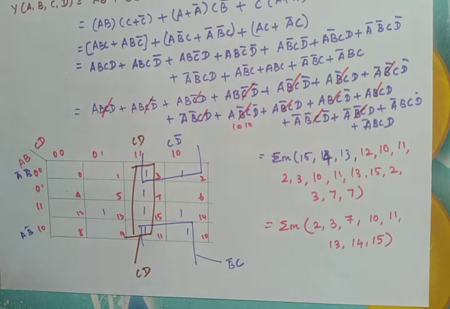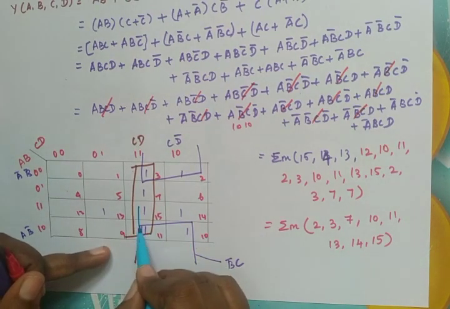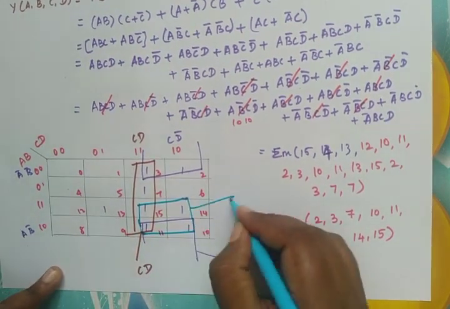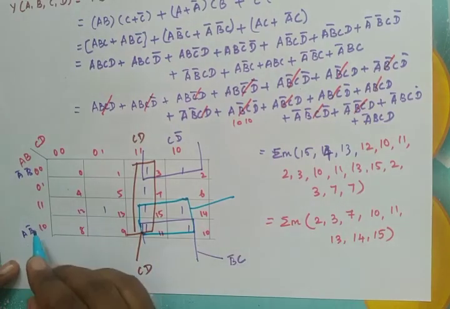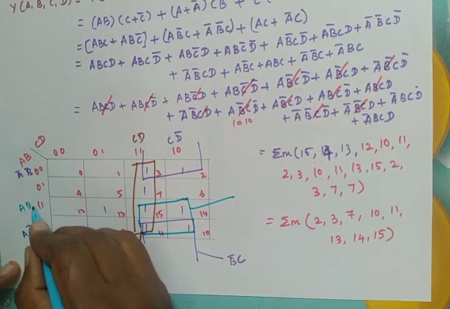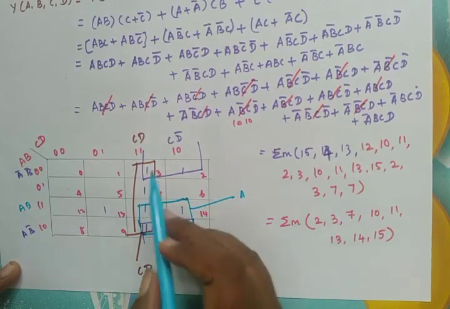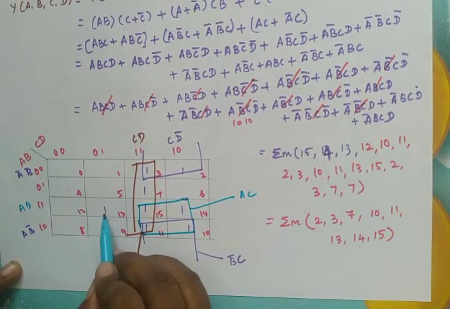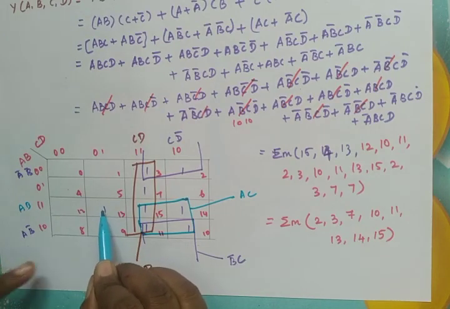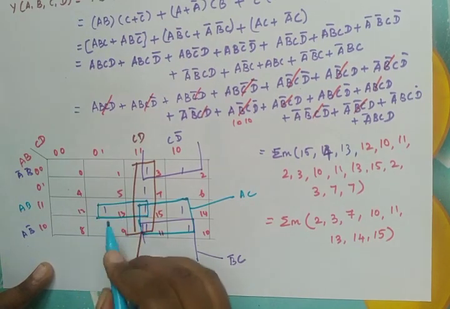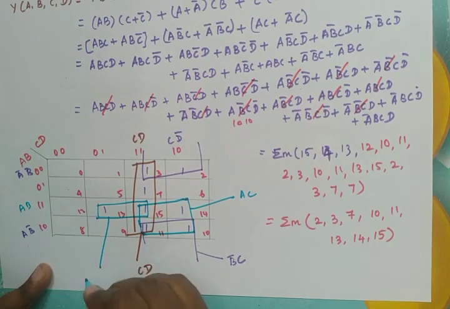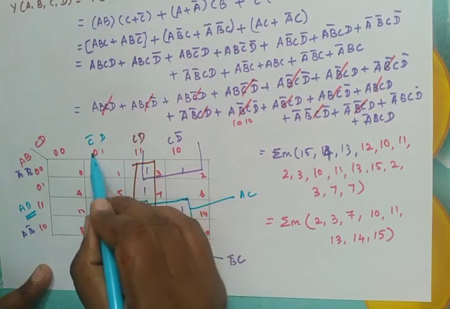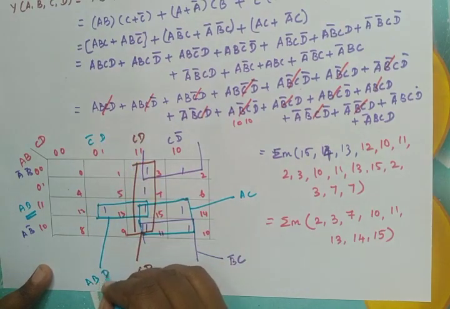Now here we have 1, 1. Isn't it? Here we have 1, 1 alone. Now form this 4 as one group. If you form this 4 as one group, the answer will be, here we have AB. B̄ gets cancelled, so here we have A. Here D̄ gets cancelled, answer is C. And here 1, 1 is left alone. Now group this 1, 1 with this. Now what is the answer for this? AB. Here we have AB. Now compare this to C̄D. C̄ gets cancelled, so that the answer is D.